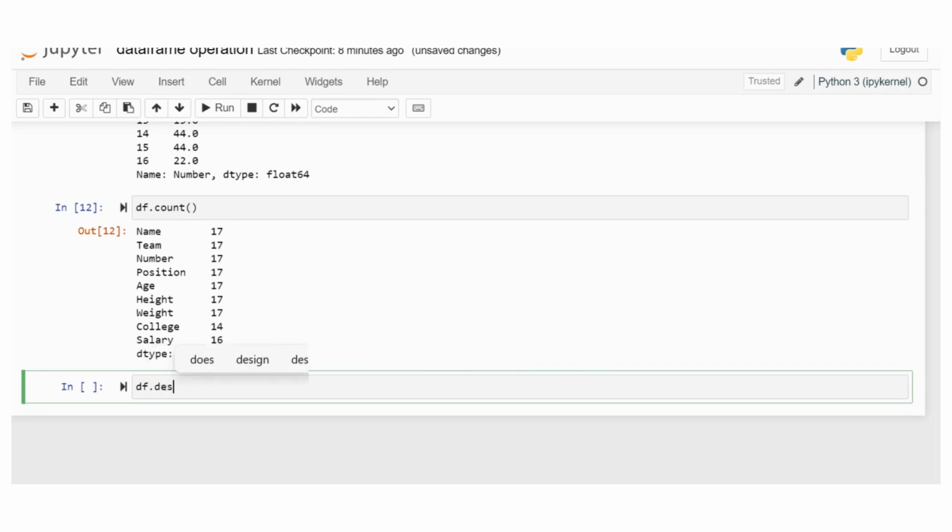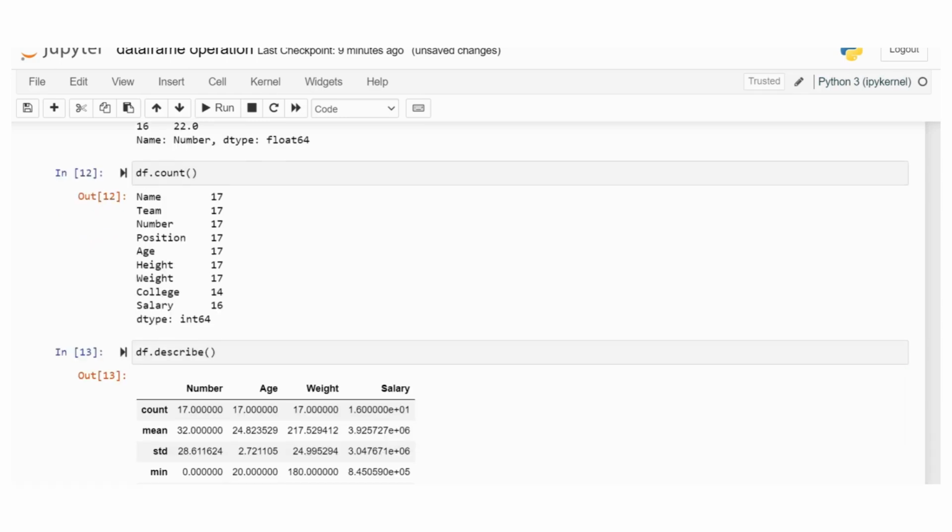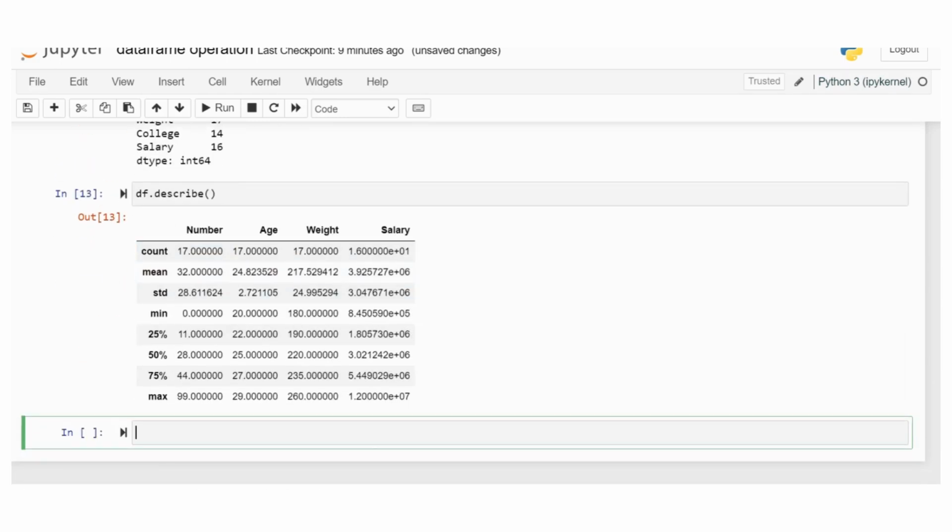Okay, next is the describe function. The describe function is used to calculate statistical data: the mean, standard deviation, maximum value and minimum value in the given data set. Now run this code. The describe function performs on numerical data only.